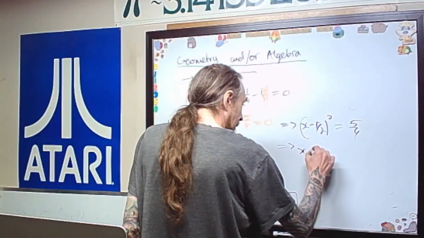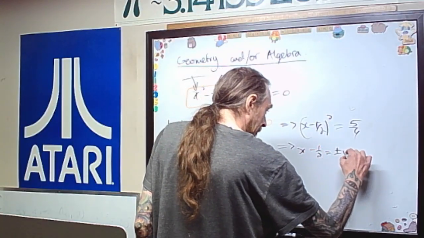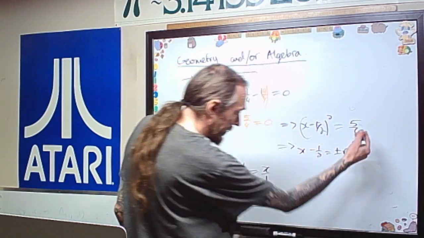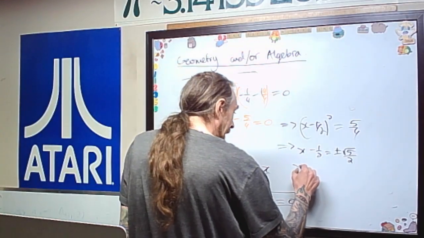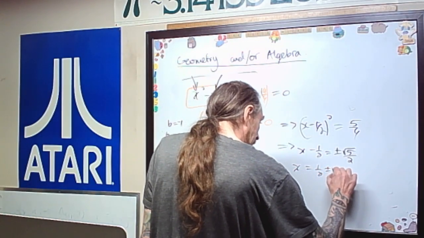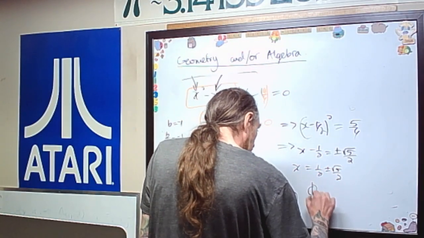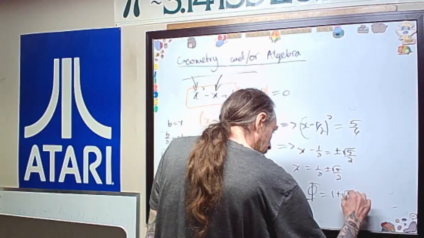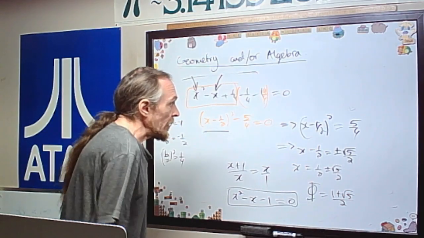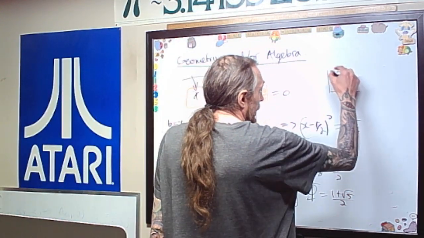I do x minus 1/2 is going to be equal to plus or minus the square root of 5 over 2. The square root of 4 is 2. And then I get x is equal to 1/2 plus or minus root 5 over 2. The golden ratio is that largest root, 1 plus root 5 over 2. And then we realize that in that unit square also,